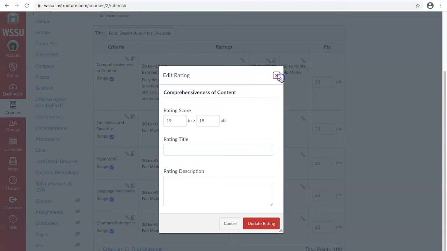Next, I'm gonna select the plus, and then I'm gonna add my next rating. So the next one is going to be 13 to 17 points. The rating title is going to be good. Good in this particular situation means substantial information, half of the essential questions are answered,